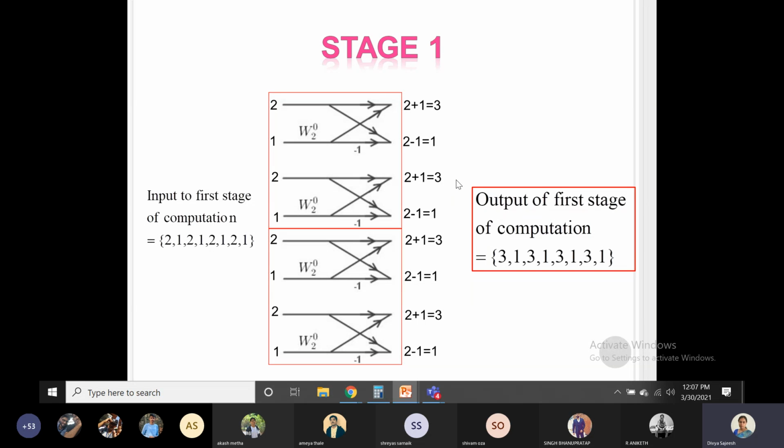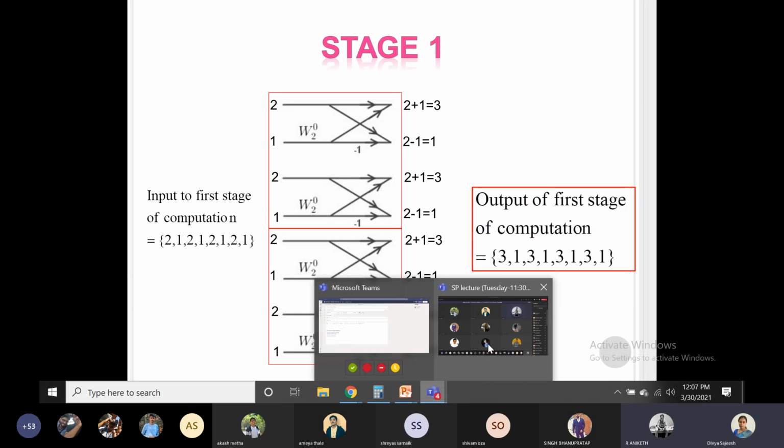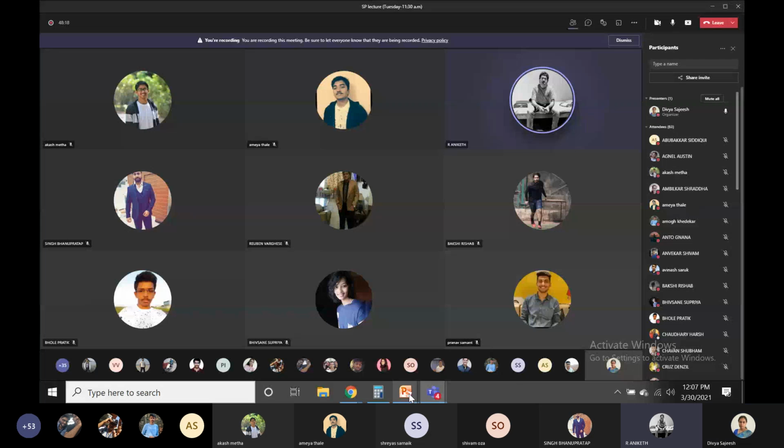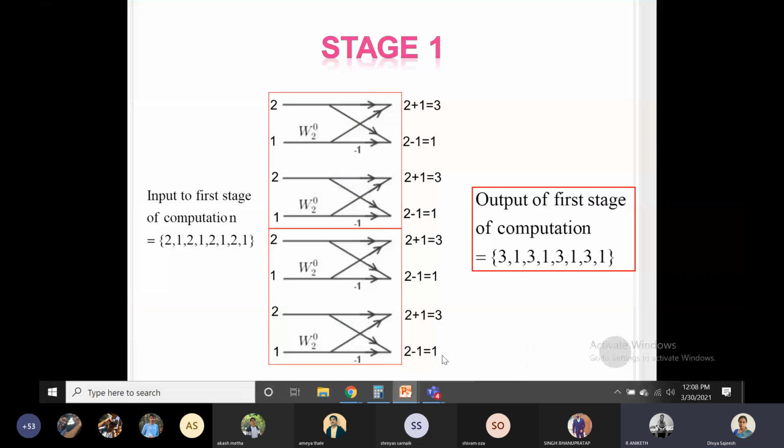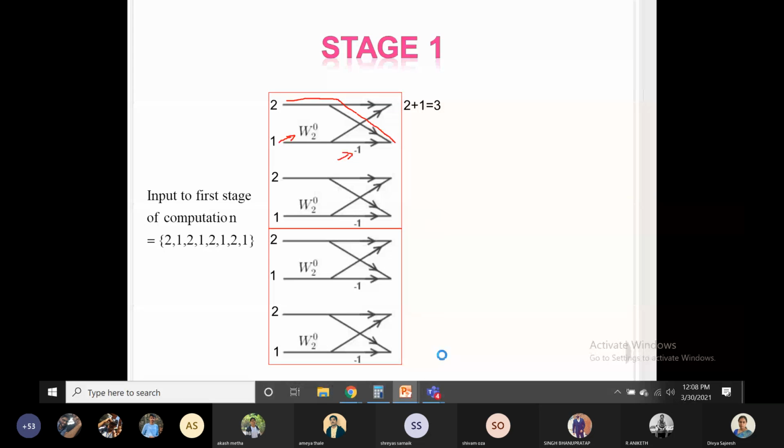All of you understood the first stage? Ma'am, can you once again explain how is that minus 1 coming? Yes. Okay, here